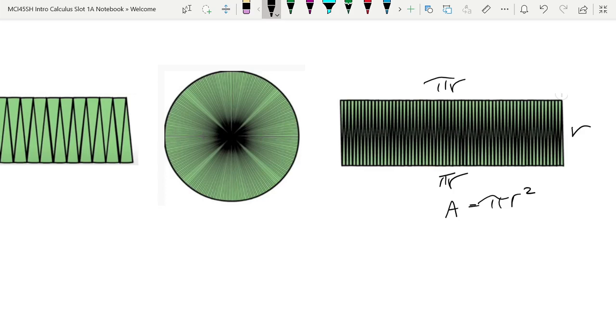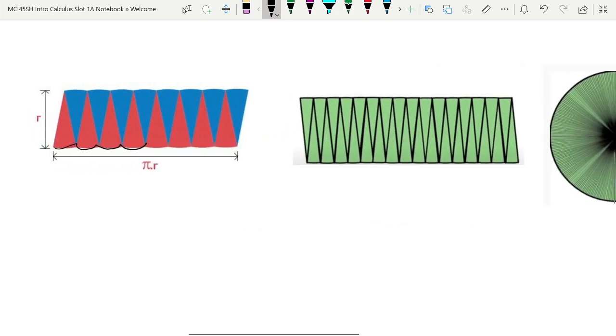Okay? So there we go. So if nobody ever explained to you where the formula for pi r squared comes from, there's one way to do it. Another way, and this way's kind of more fun,